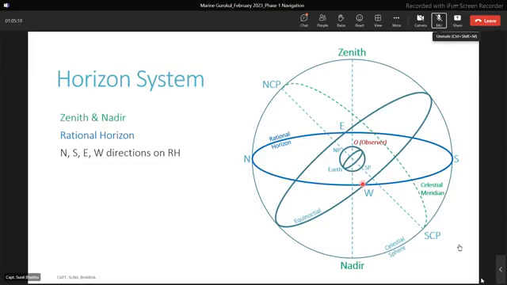Now we have tried to show the full complete celestial sphere in 3D on a plane surface. We are trying to show a 3D object on a 2D surface. So that could be a little bit confusing, but when you are looking at the celestial sphere, you see this